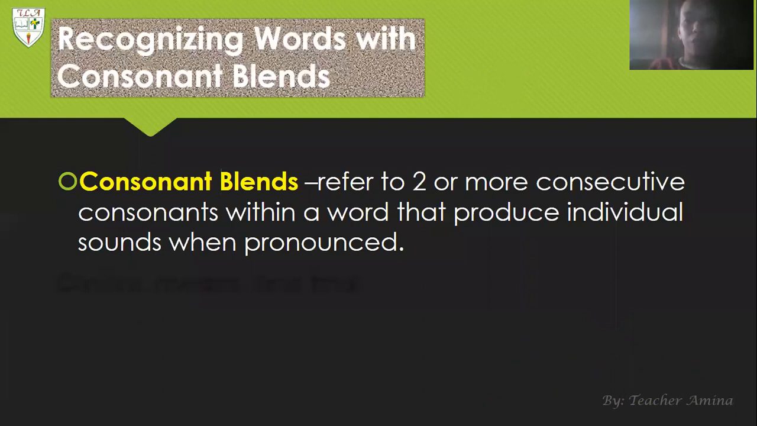What are consonant blends? Consonant blends refer to two or more consecutive consonants within a word that produce individual sounds when pronounced. Okay, so when you pronounce two letters that are beside each other, you pronounce it as a whole. And consonant blends can be found in a word on the